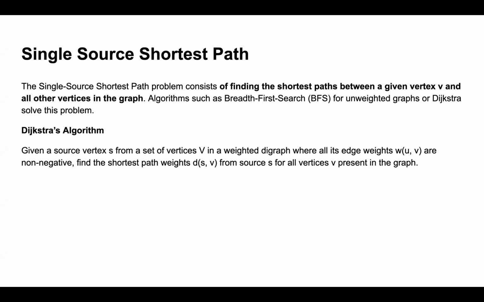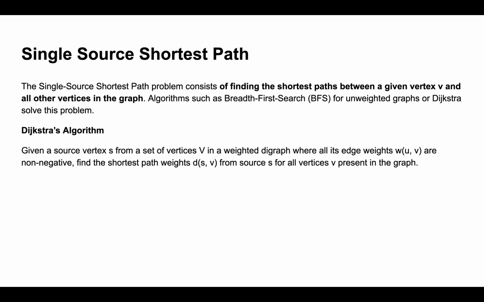Now we will see what is the Dijkstra algorithm. In single source shortest path, we are taking a node, and from that node we are calculating its shortest distance. Suppose 5 nodes are there, A, B, C, D, E, and from A we are calculating the shortest distance for all, from A to B, A to C, A to D, and A to E, like that.